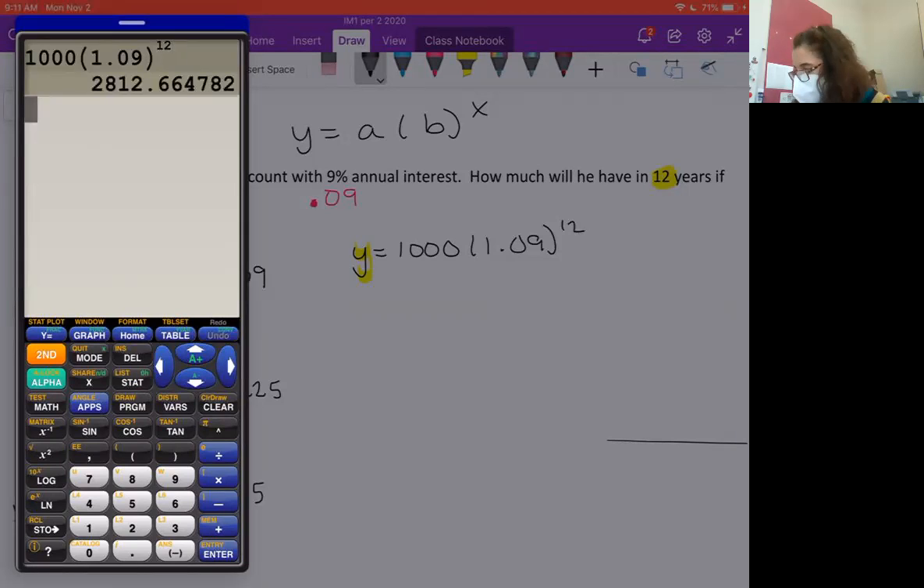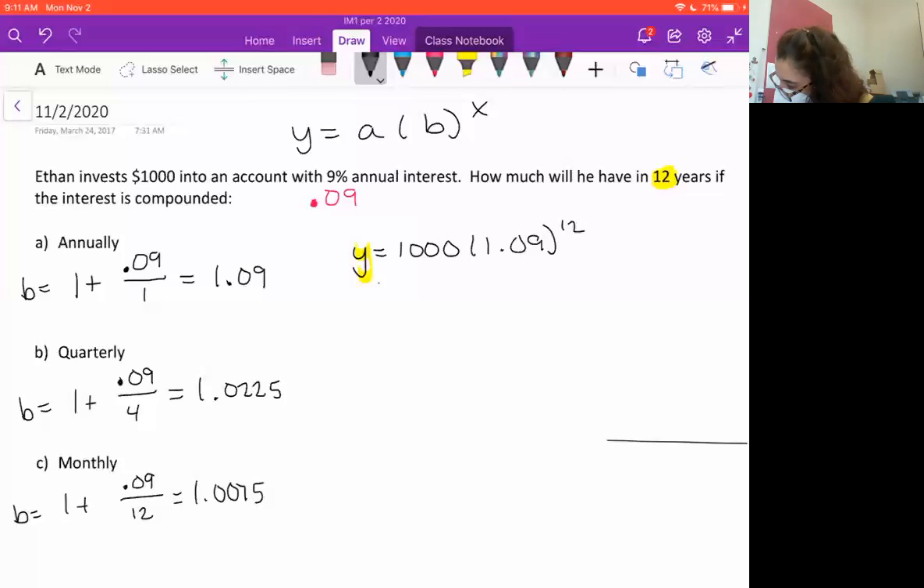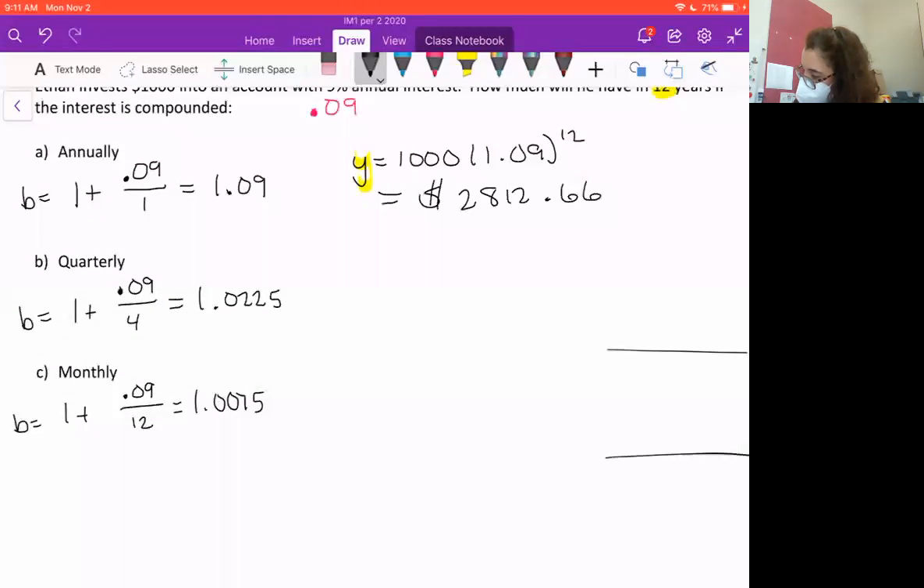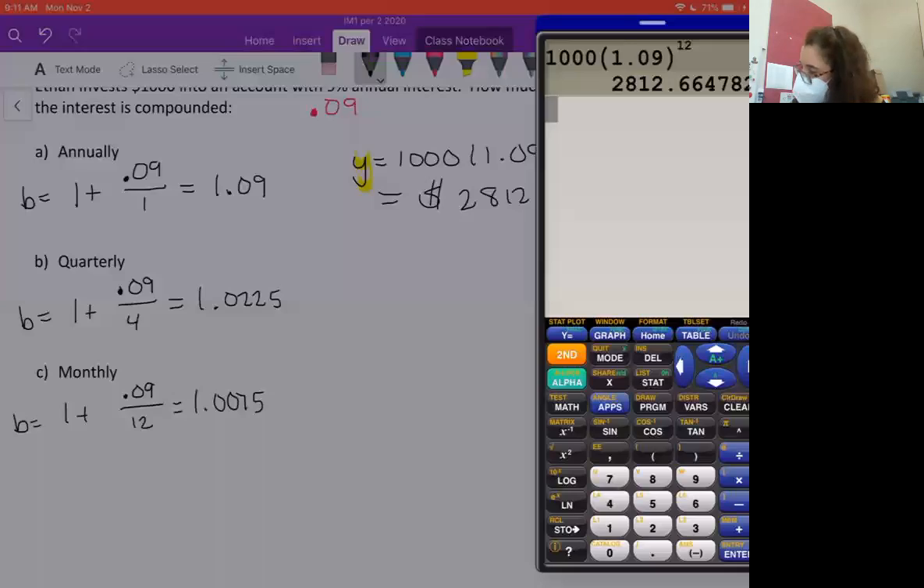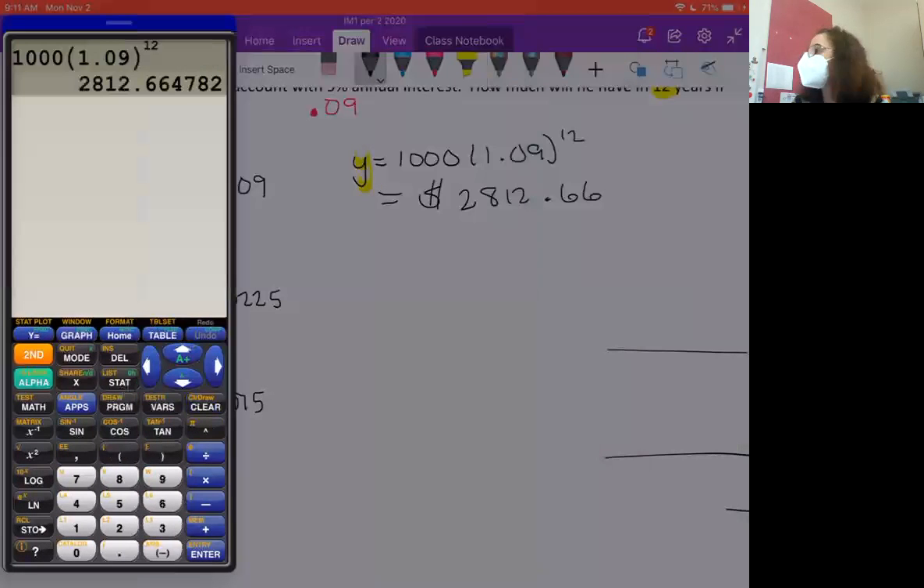So it looks like he's going to have 281266. So this would be $2,812.66 if they compound annually. If they compound quarterly,